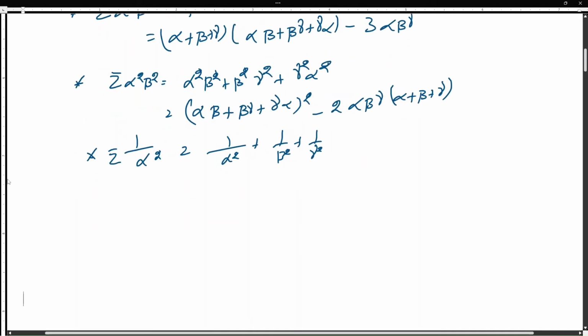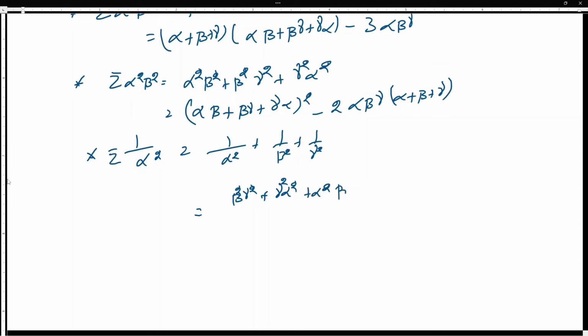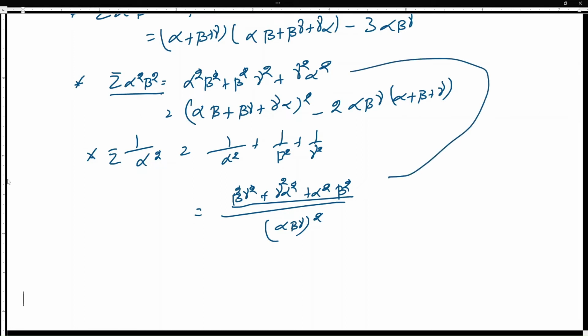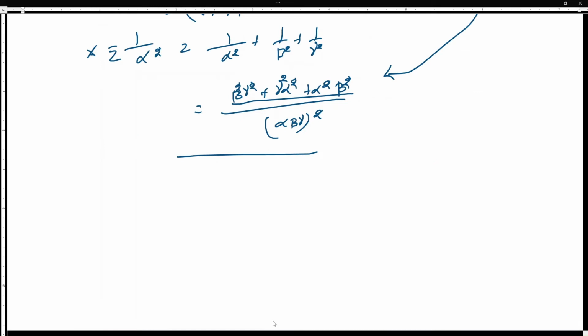We can take the LCM: beta square gamma square plus gamma square alpha square plus alpha square beta square divided by alpha beta gamma the whole square. Once again, the drill is you have summation of alpha square beta square, you substitute the value of this result into this. Okay, the next is